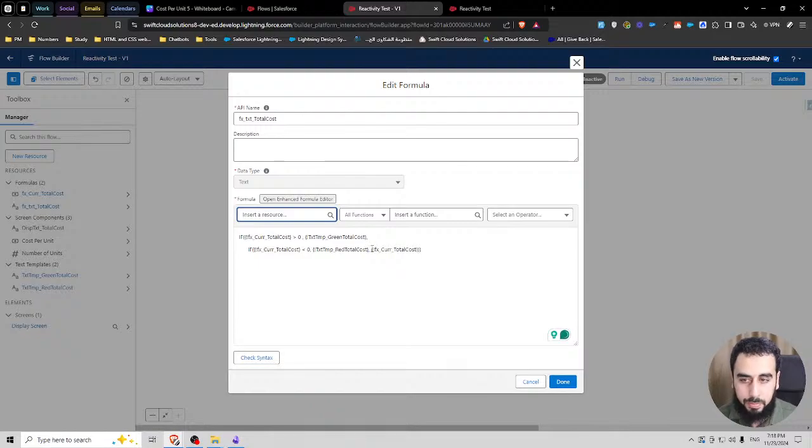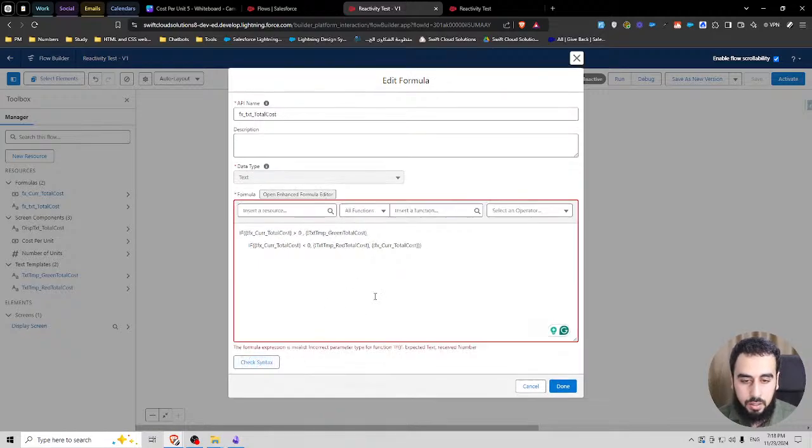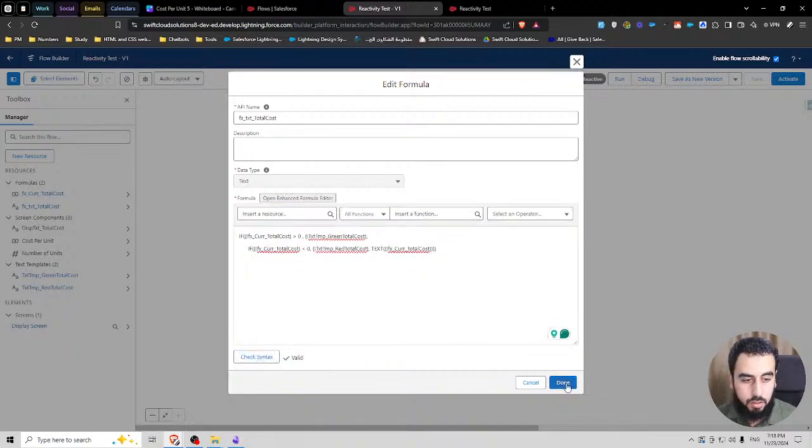This one is just like plain text. If it does accept it, let's convert this to text. And put this here. Right. So this is a currency data type, and we are returning a text data type. We need to convert this to text.